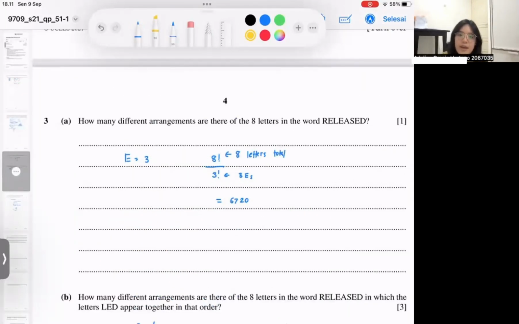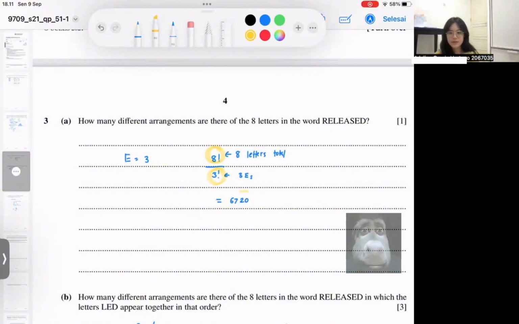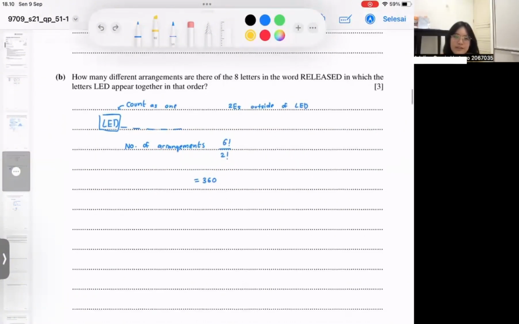Number 3A. How many different arrangements are there of the 8 letters in the word RELEASED? So since there are 8 letters in total, we can write that as 8 factorial over the number of E's. Since they're the same letter, we have to divide by 3 factorial, so 3 E's, which will equal 6,720. So part B, how many different arrangements are there of the 8 letters in the word RELEASED in which the